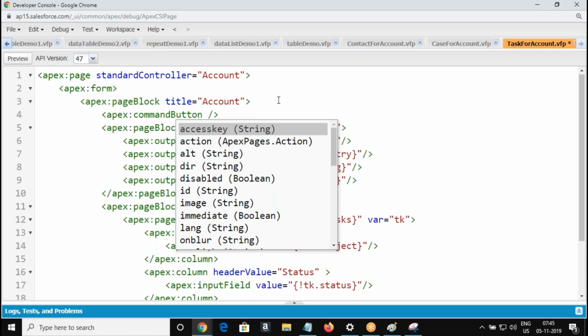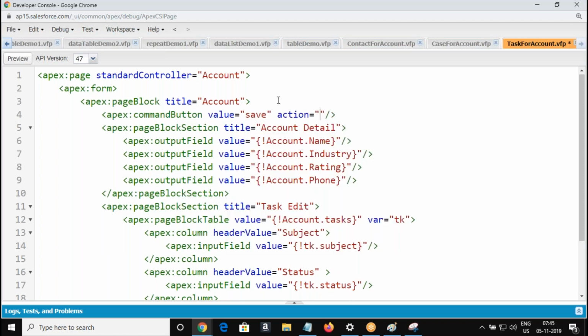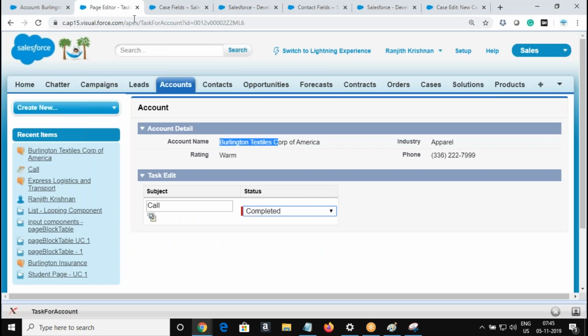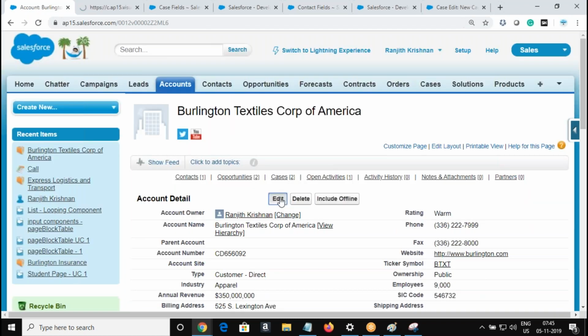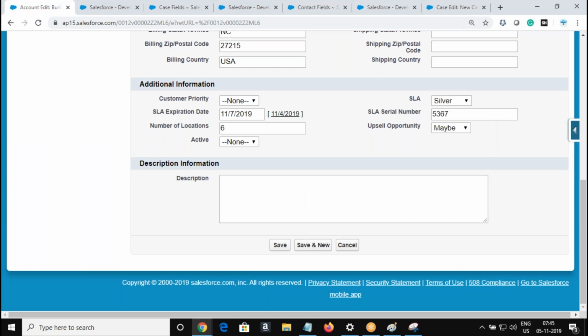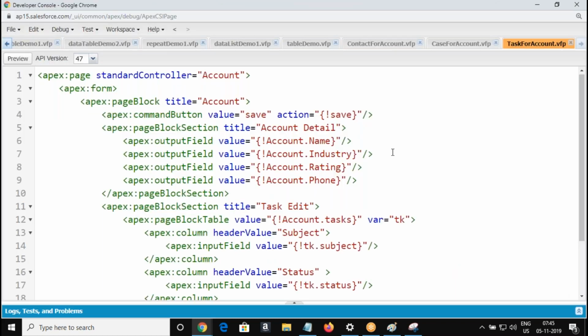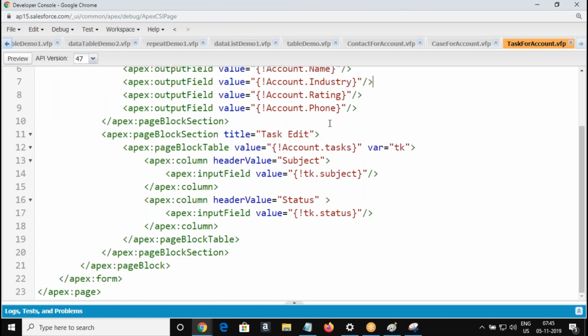The account standard controller has a save function, which behaves the same as the save here. So when you edit here, I can modify the account record and save it, but I cannot modify the task. But what we are interested in here is how to bring the task details also, for this account.